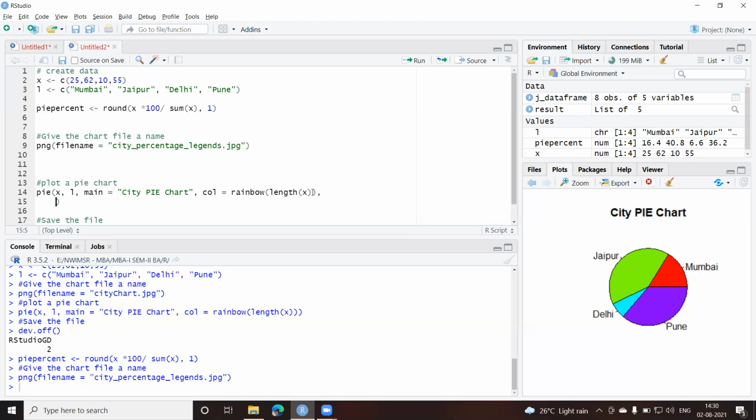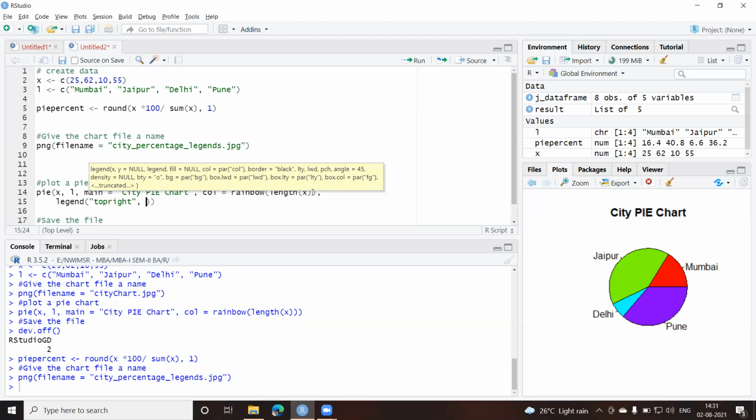Let me put an enter sign here and give legend now. So legend into round brackets, I have to specify which direction or which corner I want to display this. Now I want to display this, let us say on the top right side. So I'll give topright, comma.